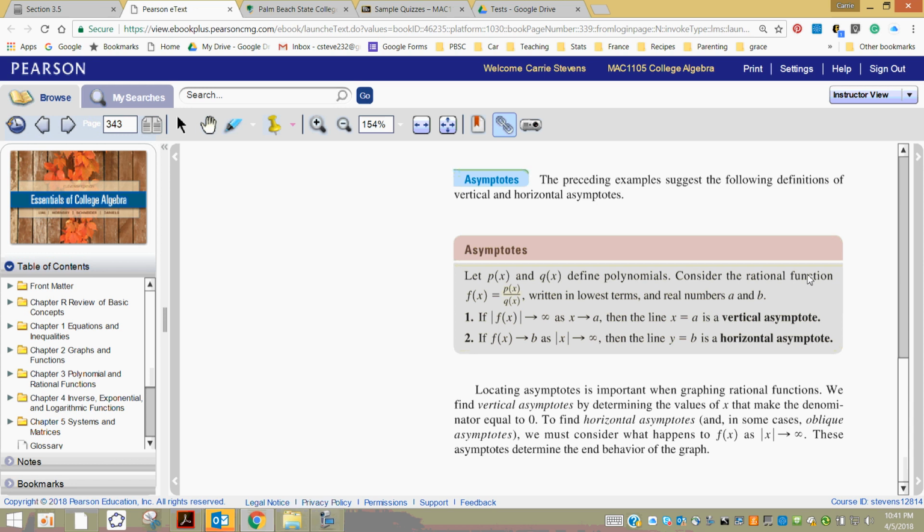Consider the rational function which has a polynomial in the top and a polynomial in the bottom, written in lowest terms, which means that you would assume that any factors that can be canceled have been canceled. Then if the absolute value of y is approaching infinity as x is approaching a certain constant,